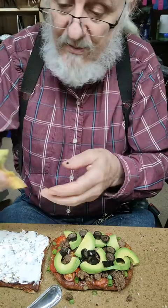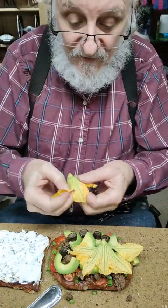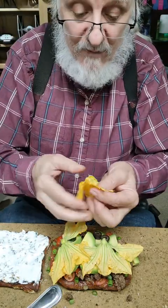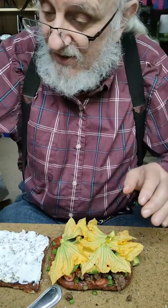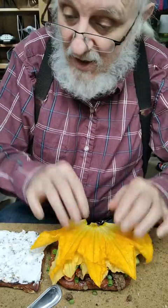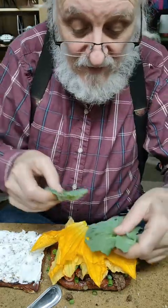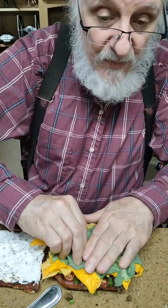I'm going to put on some of these flowers, because they actually are good for you. Had somebody ask me about it. He says, it ain't any good for you. Well, one of our paper army friends sent me a message telling me, yeah, they got vitamin A and C in them. There's that. And now some Brussels sprout leaves for roughage. That's good. What else do I...